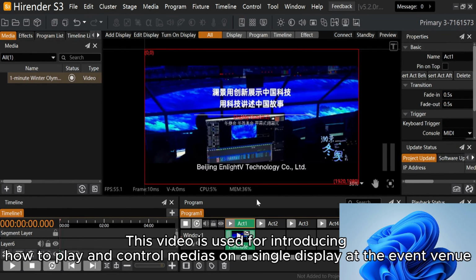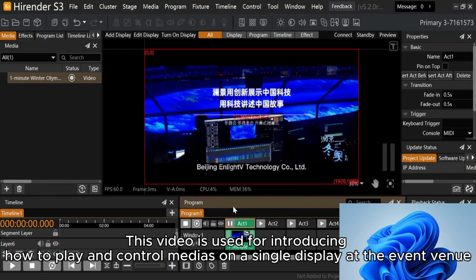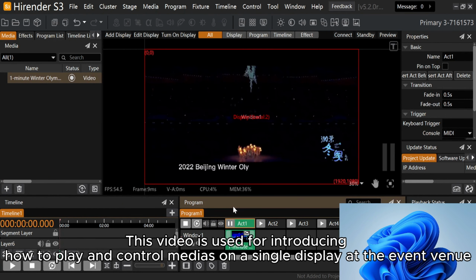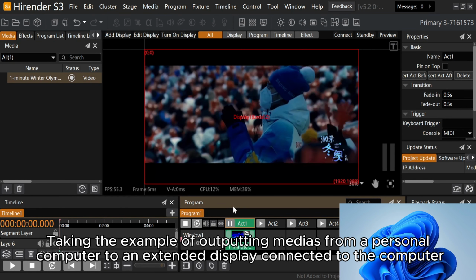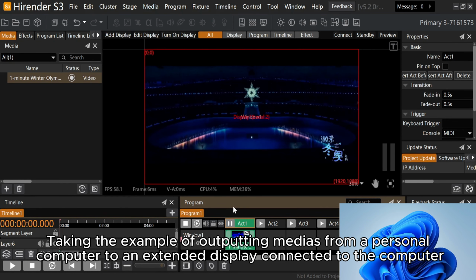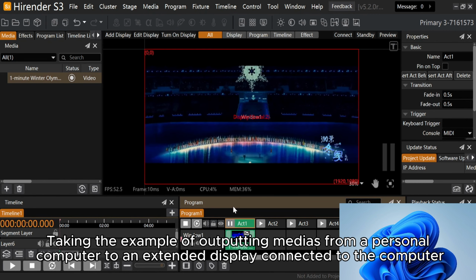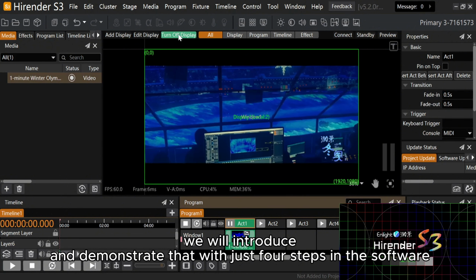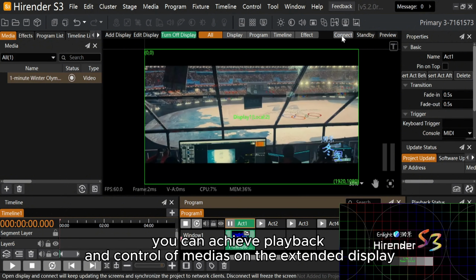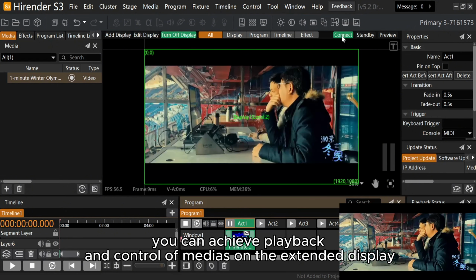This video is used for introducing how to play and control medias on a single display at the event venue. Taking the example of outputting medias from a personal computer to an extended display connected to the computer, we will introduce and demonstrate that with just 4 steps in the software, you can achieve playback and control of medias on